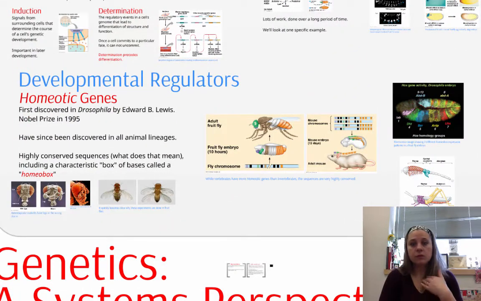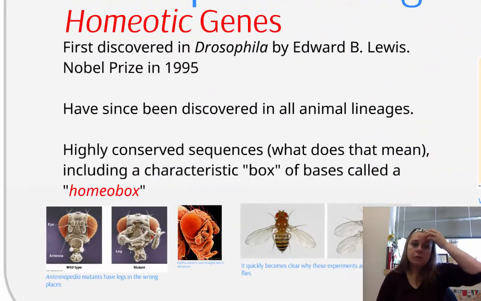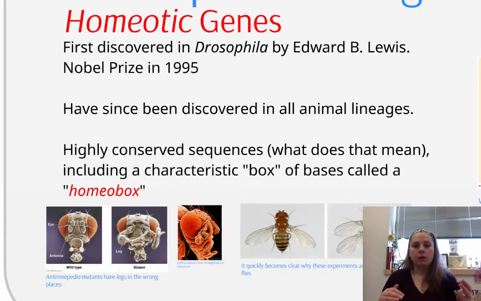All right, so regulators, okay, so you get these developments, all these different signals that are going to be there, but there's regulation, and here's where the homeotic genes come in. Now, these were first discovered in fruit flies. Again, fruit flies have given a ton for genetics to us, and ultimately the homeotic genes won the Nobel Prize for Edward Lewis in '95. Huge amounts of animal lineages have these, and they are highly conserved over evolutionary time, right? Highly conserved sequences, and what we call the homeobox, okay? A particular series of nitrogen bases that we use,